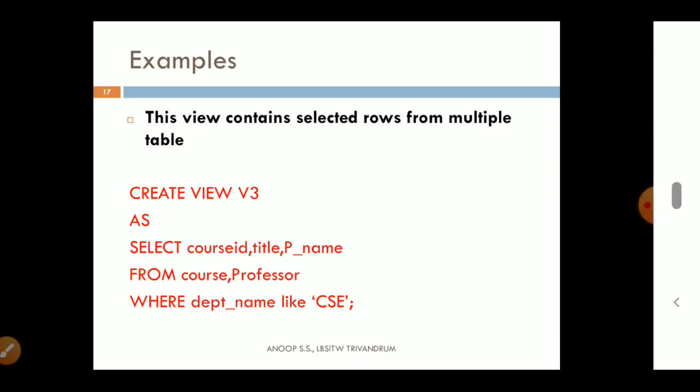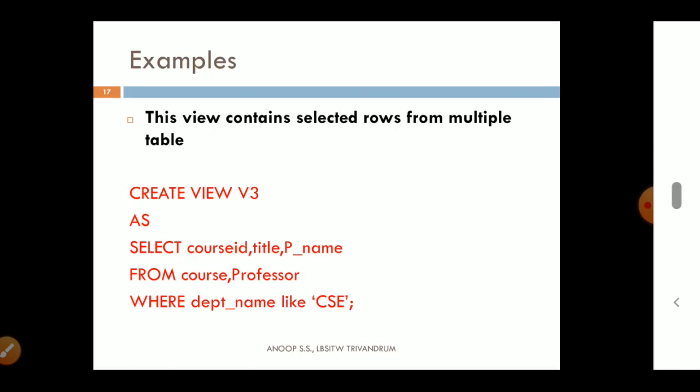Here is an example for creating a view from multiple tables. That means there is no other difference. Create view v3 as, then an SQL query is written, and in that SQL query in the from clause there are two tables mentioned. So the data from two different tables is available in the view v3. This is just an example query.